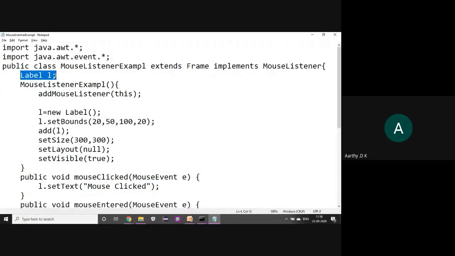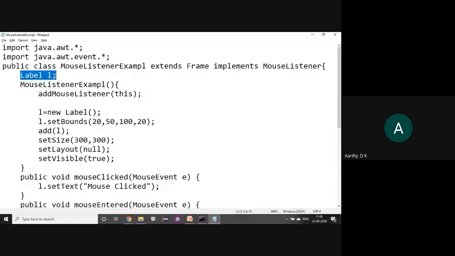Label is nothing but a place where you display some output onto your screen. If you have studied HTML, in HTML also when we create a user form, we have a label. So label is nothing but a place for you to understand, very simple.